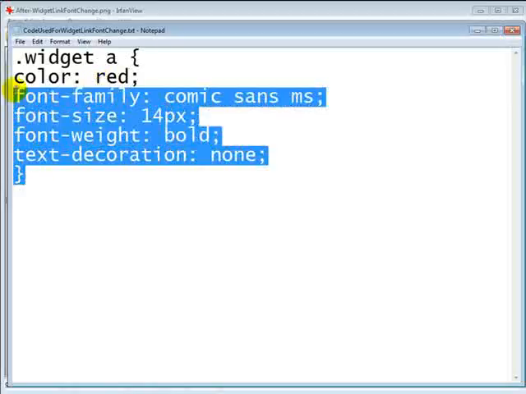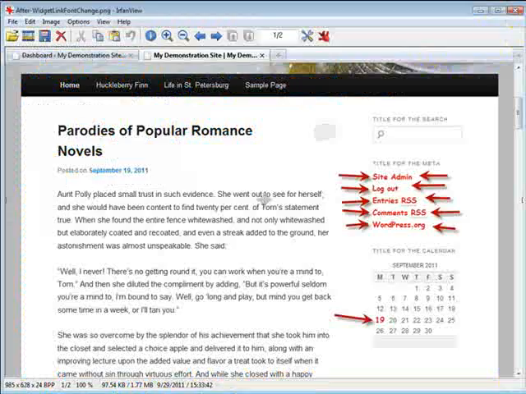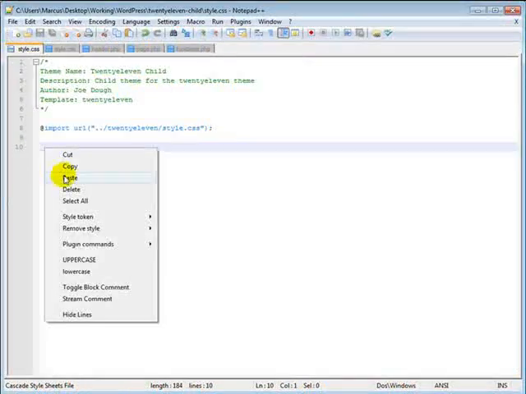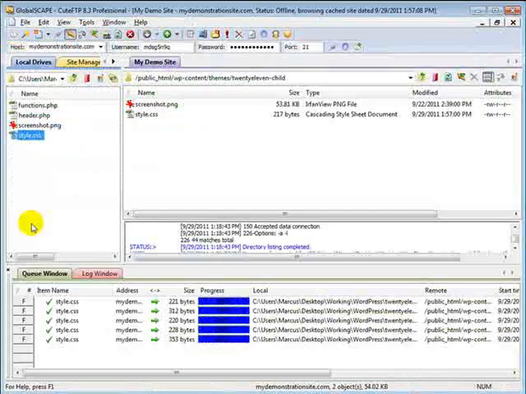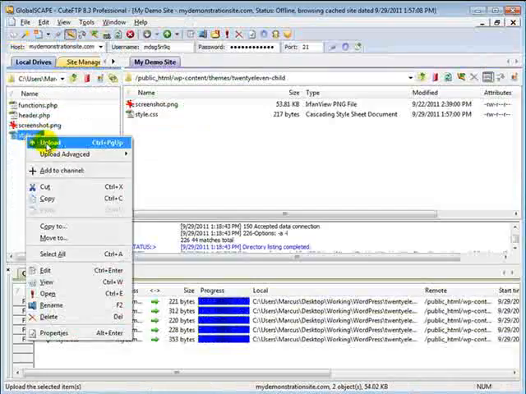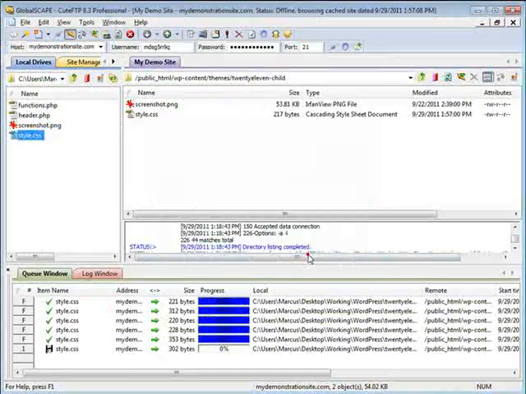Let's go ahead and copy this into our clipboard and add this to our style.css. And I'm using my child theme style.css. Now if you're not using a child theme, then just copy this code and paste it into the very bottom of your parent theme style.css. Let's open up our FTP client, upload and overwrite the existing style.css in our child theme,